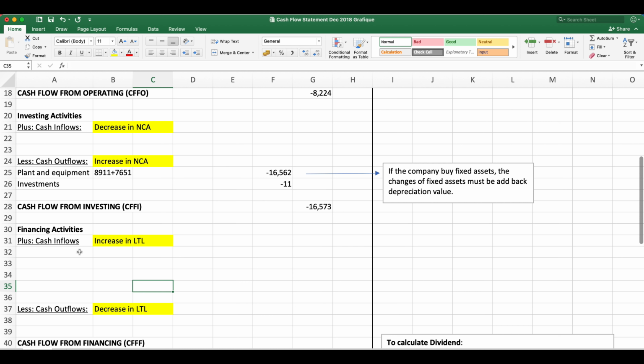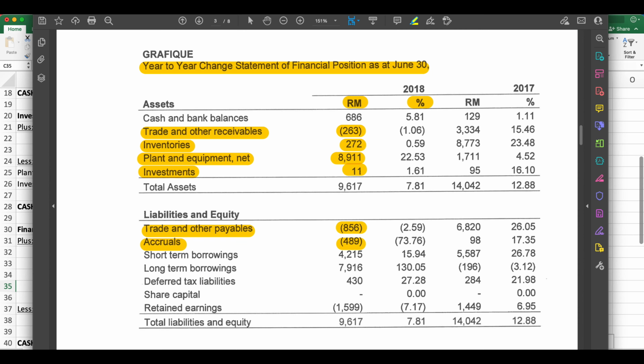It is cash inflow, because when we borrow money, let's say the short-term borrowing increases, we receive the money when we borrow money. So that is the cash inflow to the company. Same goes to the long-term borrowing. If the long-term borrowing is increased, meaning to say the money comes in because we receive the money from the borrowing. Alright, so we go to the balance sheet, and then the item to be recorded under financing, we